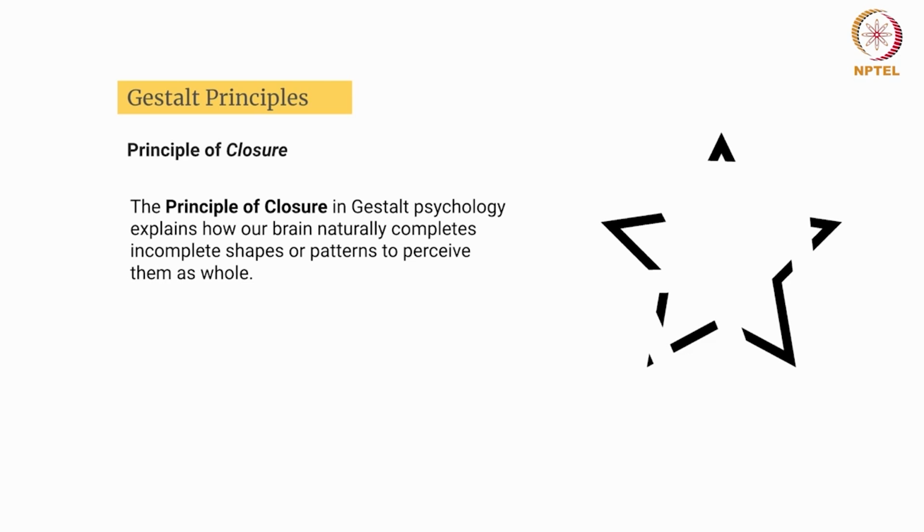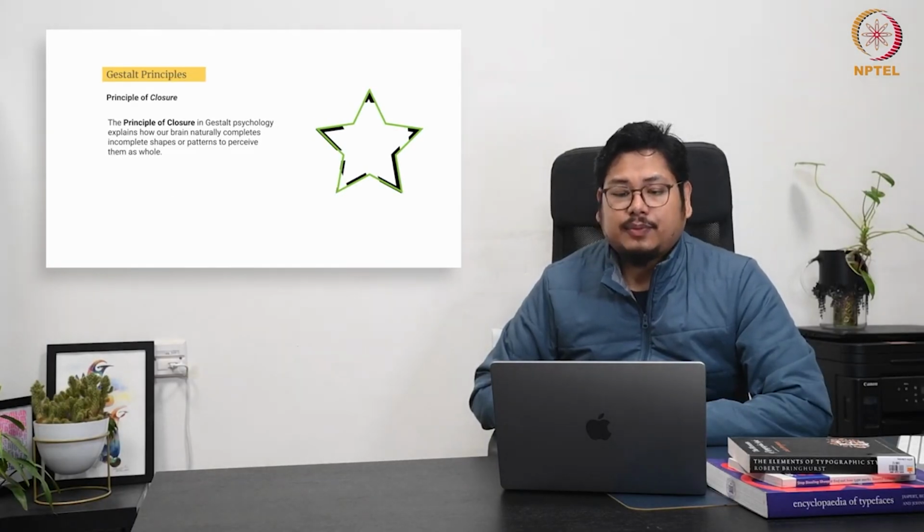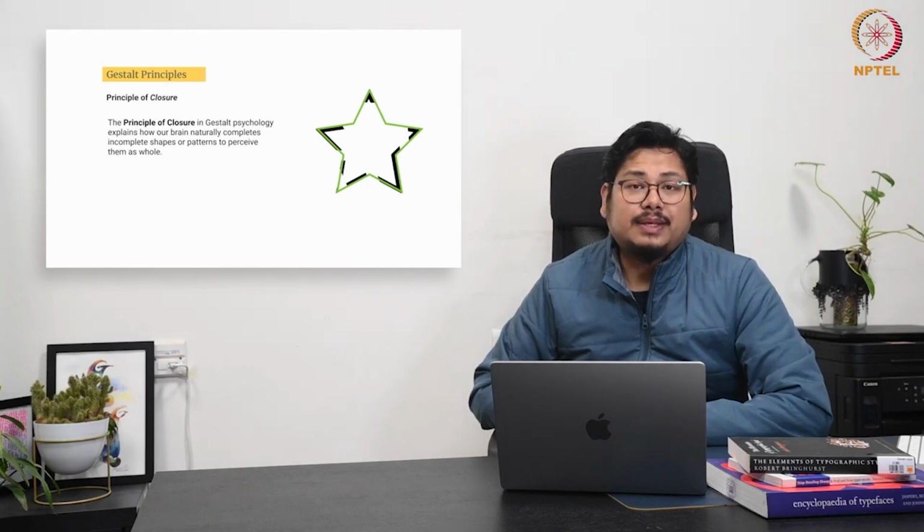a virtual image in your brain, saying if you connect these spaces, right, if this can be connected, this actually becomes a star. And that's the power of our brain, and this is what the principle of closure talks about: how we quickly understand or recognize patterns, and with that how we create meaning even though the meaning can be in a fragmented